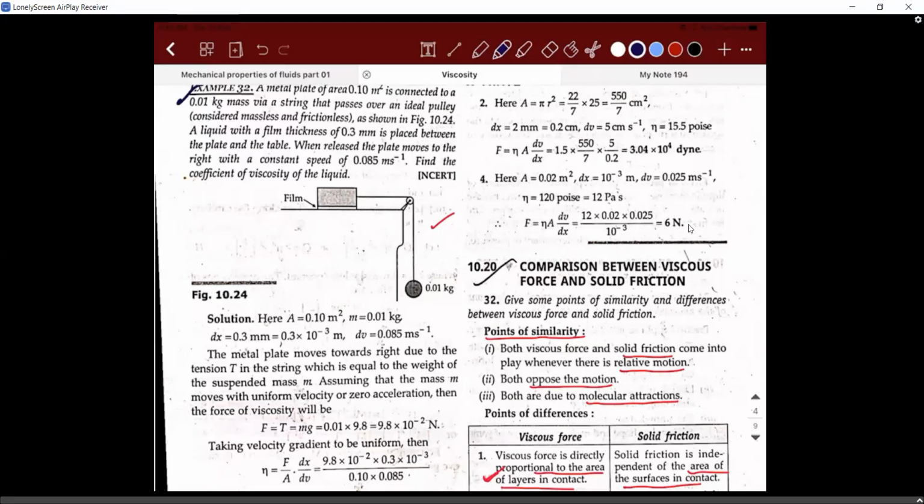Because how will you write the mathematical equation using Newton's second law? mg, this is T. How will you generally write it? If the acceleration was in this direction, you write mg minus T is equal to ma, Newton's second law. Right, but what is the value of a? 0. Uniform velocity. So mg will be equal to T. But here what m should I take? I should take 0.01 kilogram.